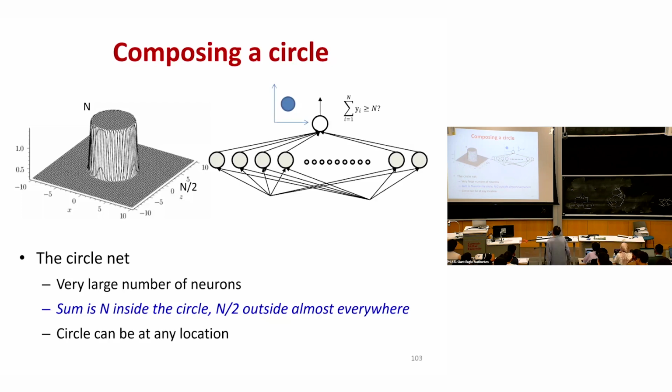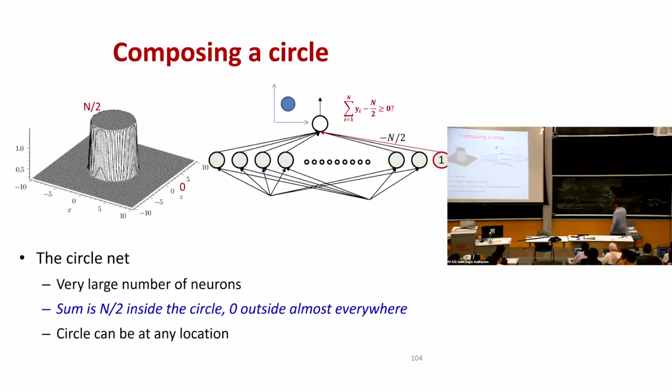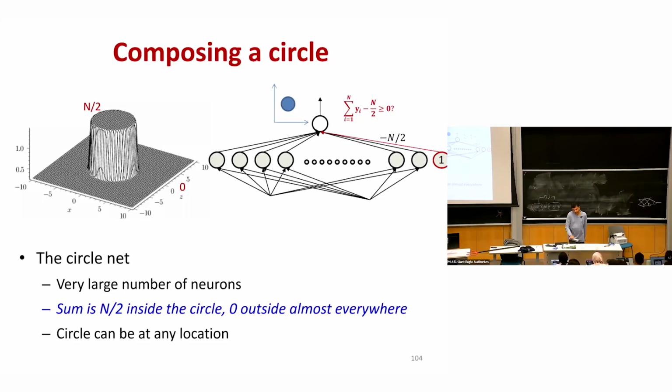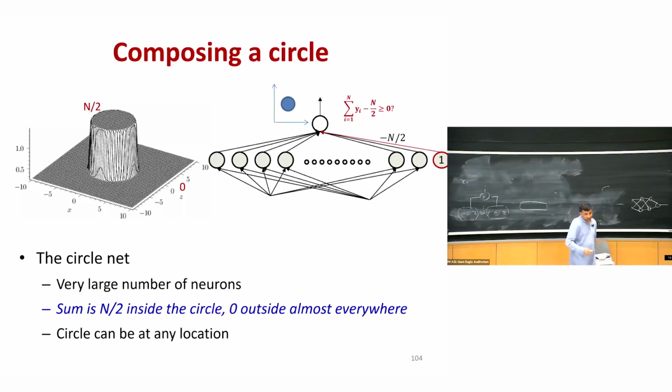So if I were to add an extra bias element, which subtracts out the n over 2, then the sum is going to be n over 2 inside the cylinder and 0 outside. So now here's the beautiful thing. If I have something of this kind, then I can have one subnet. This only works for very large n, right? Because you're increasing the n and it's getting closer and closer to a circle. So at this point, this guy can have a very large number of units, and the sum is going to be something like this. It's a cylinder